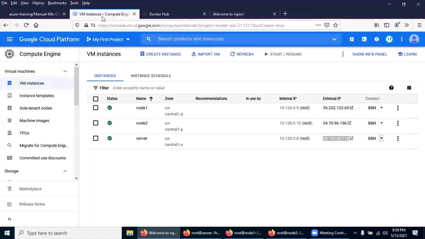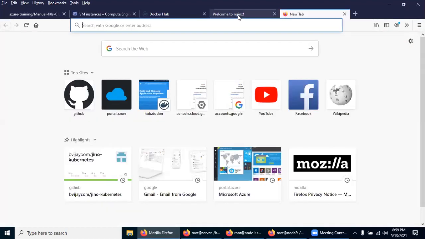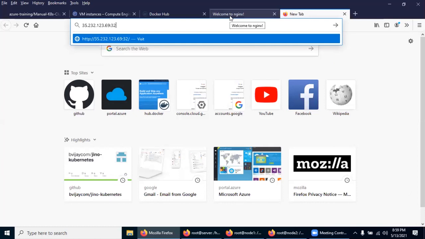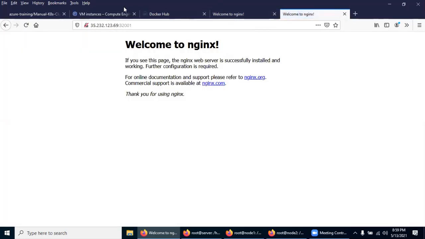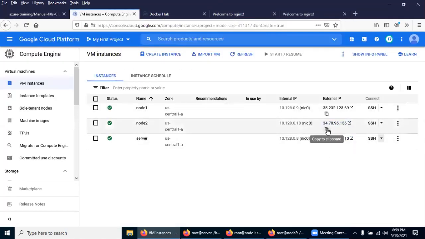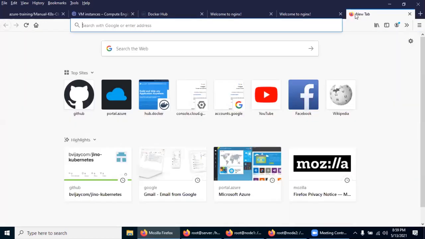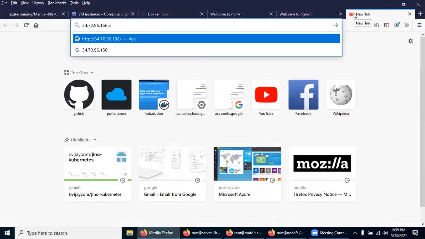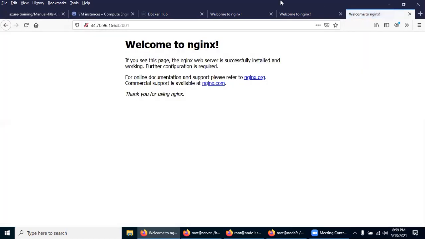Yes. And what is the node? Worker node 1. So this is my IP address. Opening another window, 32001. Yes, it's working. And worker node 2, open another tab, access 32001, which means the sample application, the Nginx container, is running on top of the cluster in the namespace called Facebook, and it got exposed using